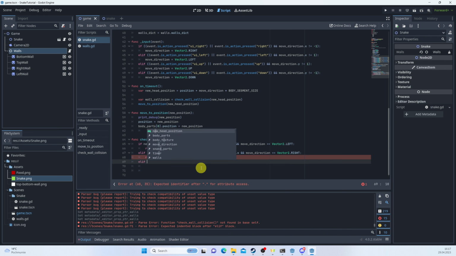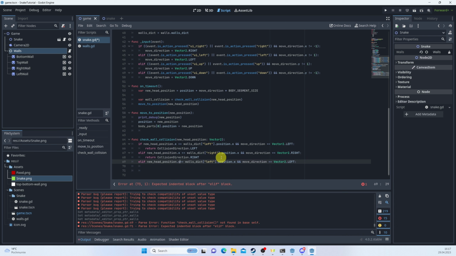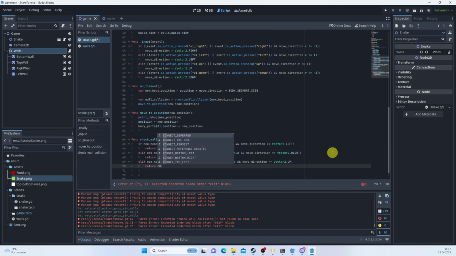Else, if we did Y and then top Y and move direction is up, then return collision direction up,